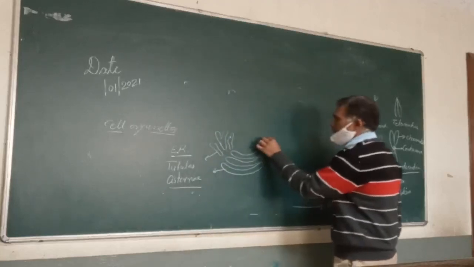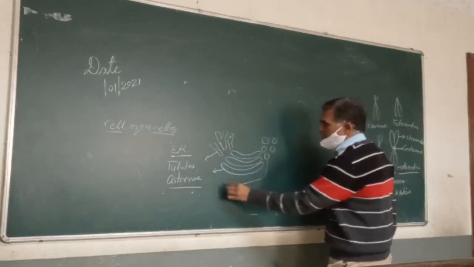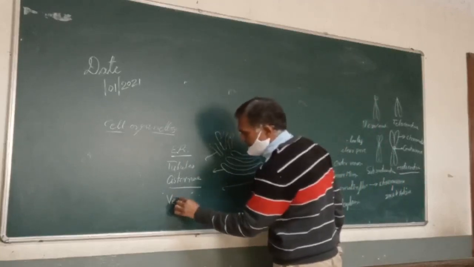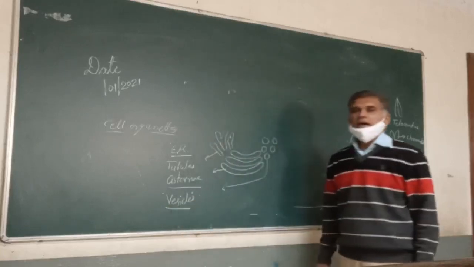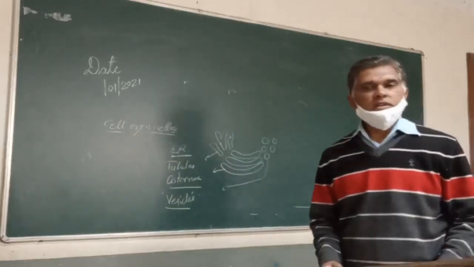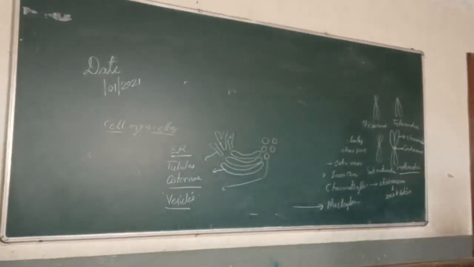And some spherical structures are known as vesicles. So ER is made up of three types of structure: tubules, cisternae, and vesicles. And the membrane of the ER is also made up of protein, lipid, and protein, just like the composition of